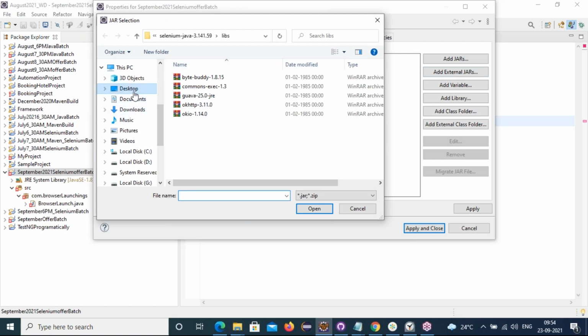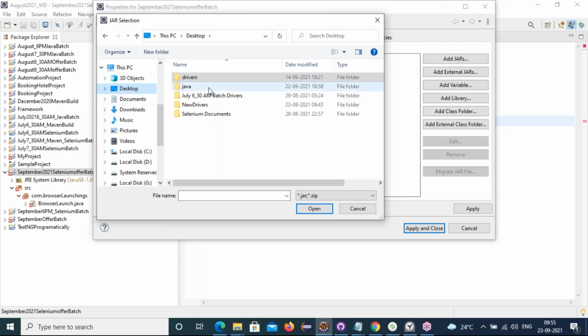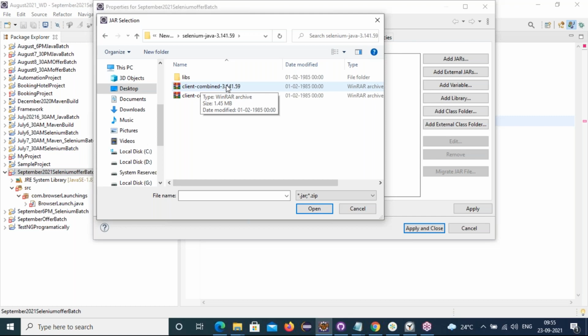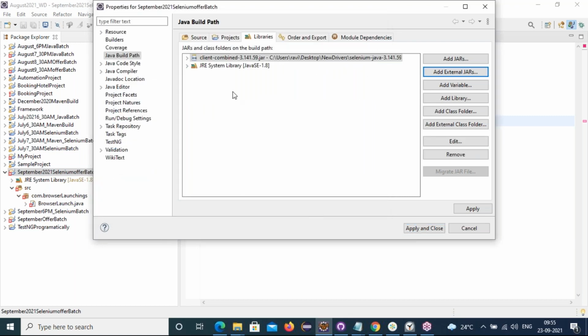Go to the desktop, in the new folder, the Selenium client combined 3.141.5. This jar file needs to be configured. And one more, the support folder you have to configure.